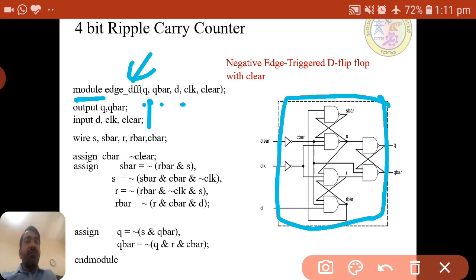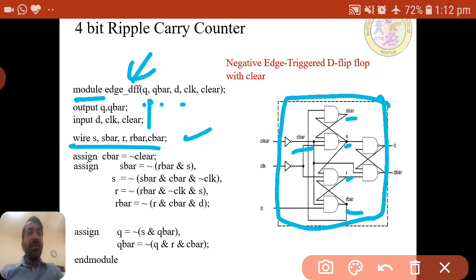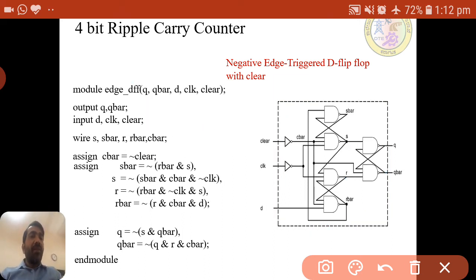After that, we mention the inputs and outputs, then the intermediate signals. The intermediate signals are S bar, S, R bar, C bar. All these intermediate signals we need to declare with wire. After declaring them, we write the code by using assign statements, taking them one by one.